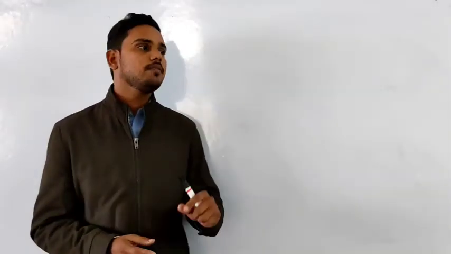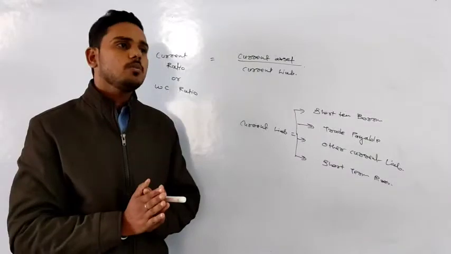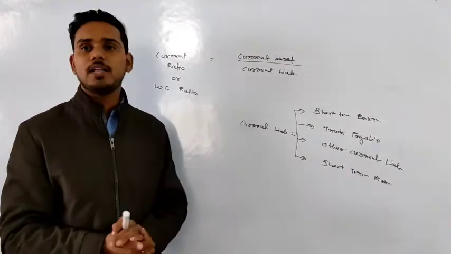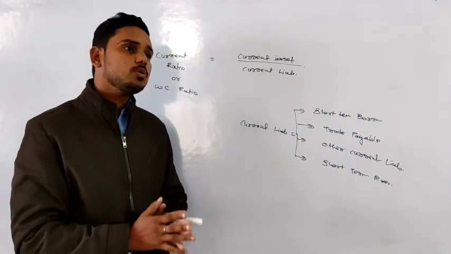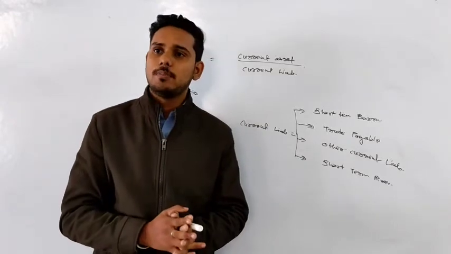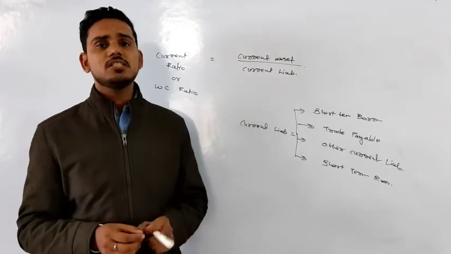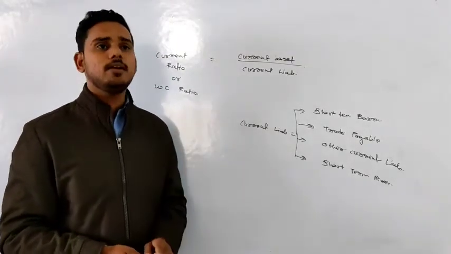That can be used by the supplier of raw material, because they want to know that if we are giving the raw material on credit, whether the company is going to repay for that or not, right? So the formula of the first ratio, which is our current ratio, also known as working capital ratio, is current asset upon current liability. Now we have understood in the financial statement of a company chapter, right? We were understanding the balance sheet of a company, what are the things which we include in current asset and current liability. So firstly, let's talk about current liability.